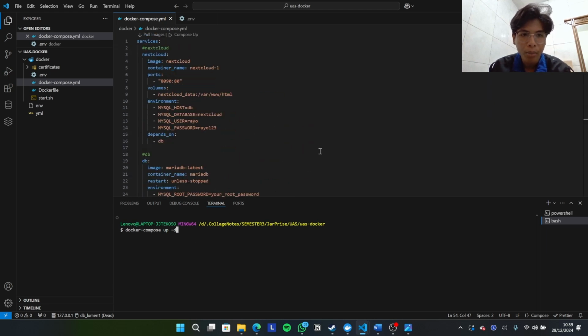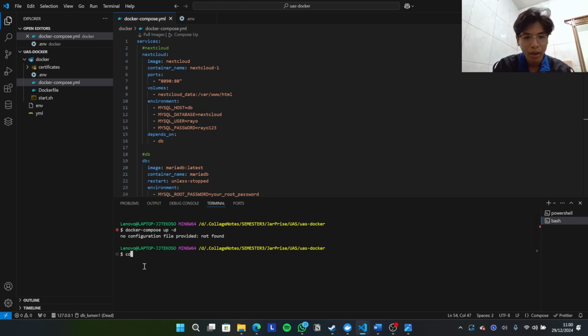Okay, we can compose all of this configuration file. Now click enter. Oh, I'm sorry, I forgot to enter the Docker directory. Before that, we have to enter the Docker directory here.